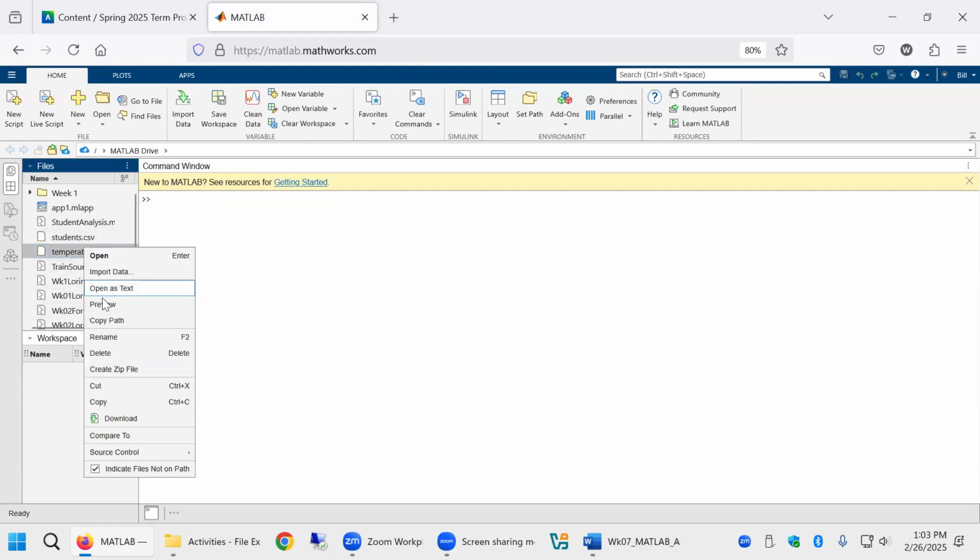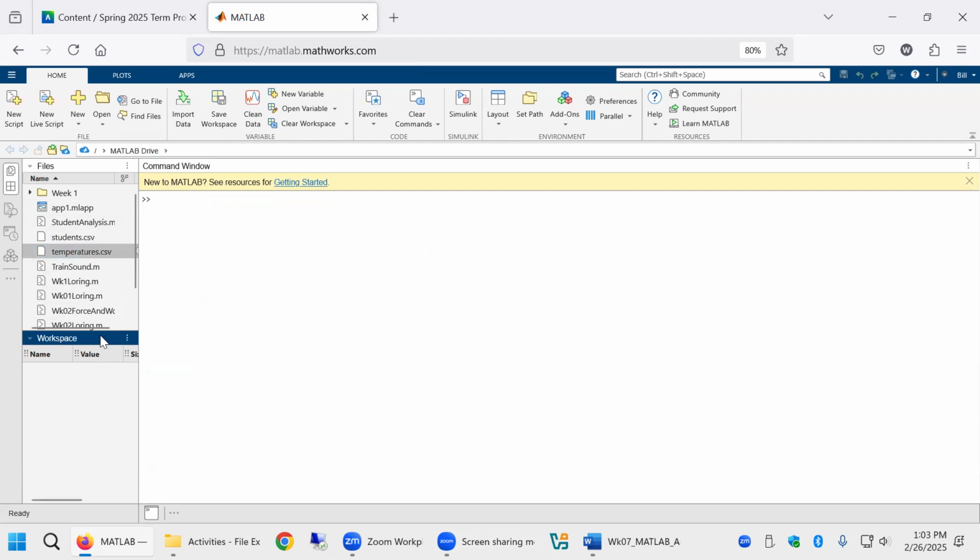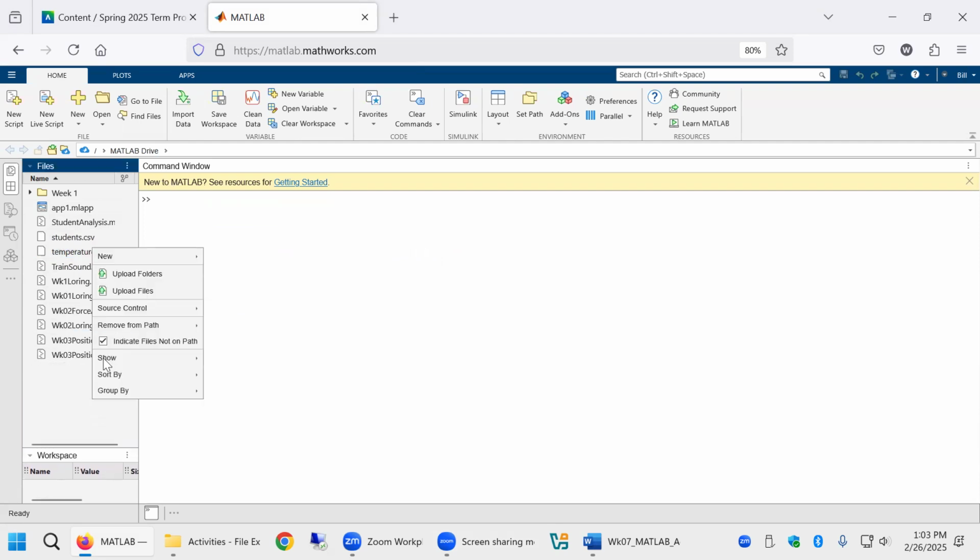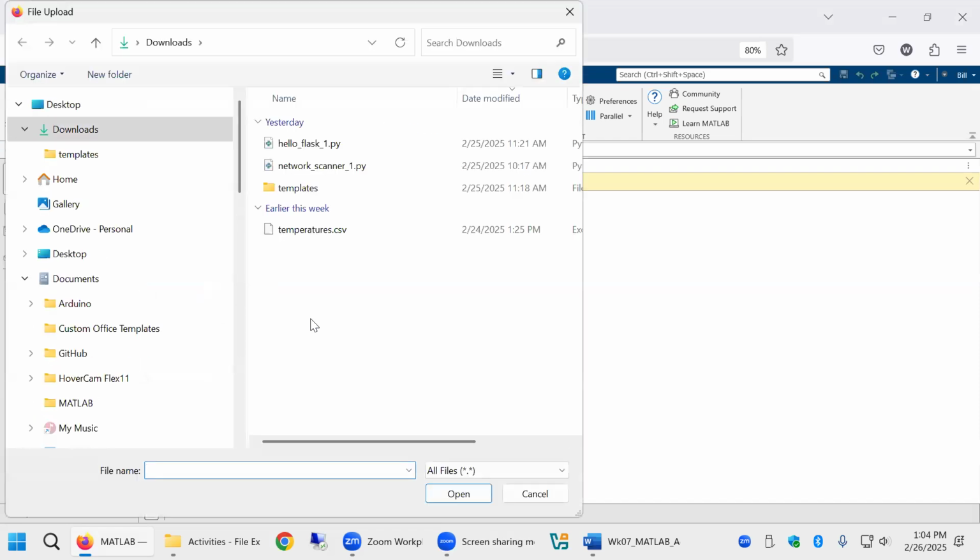if you right click, I have to get an empty space here apparently because it should say upload file. There it is. We want upload files. There's probably a button here that does that too. Browse for folder. Nope, there's not. Okay, anyway, upload files. This lets us get any file that's on your local computer and copy it into your